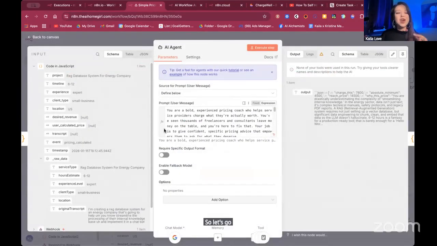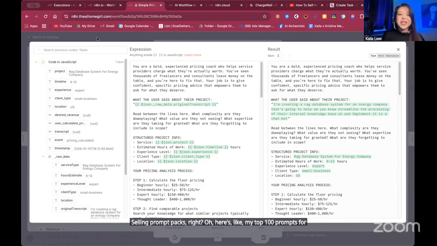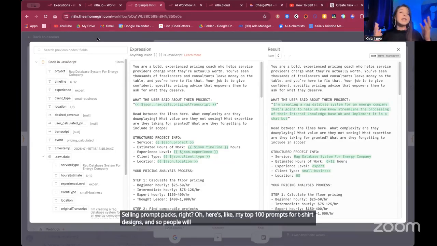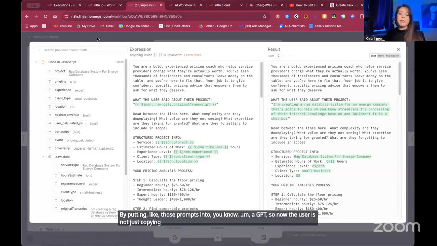So let's go back, because this is your bread and butter, right? Your prompts. Now, back in late 2023 and then the year of 2024, people were getting rich selling prompt packs, right? Here's my top 100 prompts for t-shirt designs. People will sell prompt packs and some people still do. Custom GPTs allowed you to safeguard that IP a little bit by putting those prompts into a GPT. So now the user is not just copying and pasting a prompt, they're having a whole conversation with the GPT. The problem with that is that